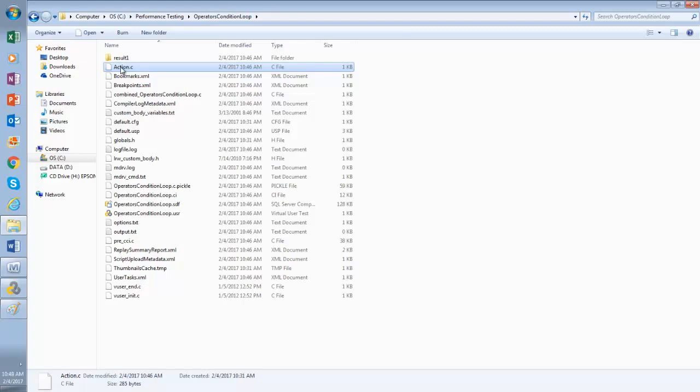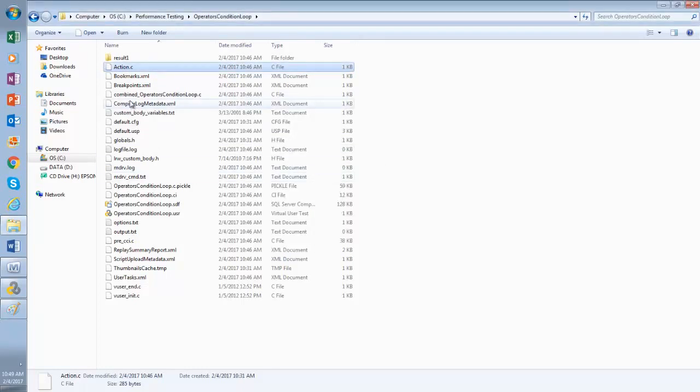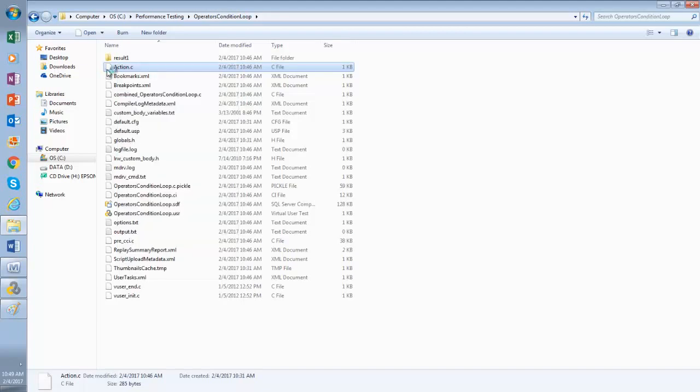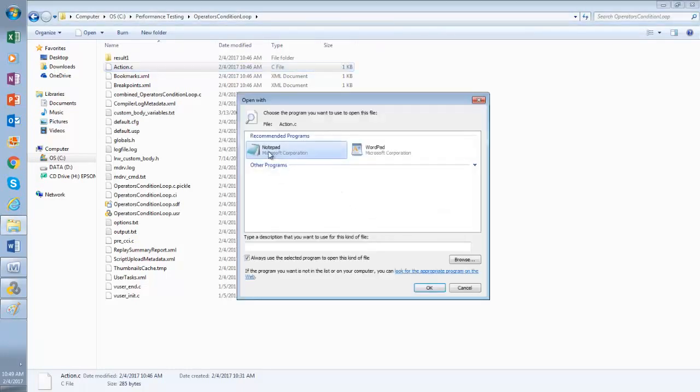If you open it, you cannot open it directly, because you have to tell what you want to open it with. You want to open it with Notepad. If you double click on it, it will ask you; then you select a program, the other radio button, and choose Notepad to open it.